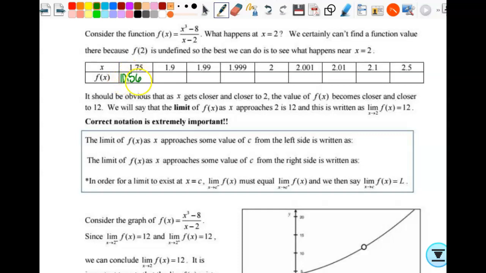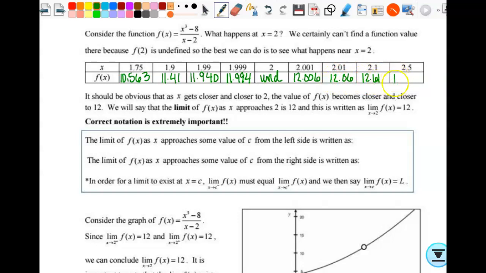So 1.75 is at 10.563. 1.9 is at 11.41. 1.99 is at 11.940. 1.999 is at 11.994. This is undefined, right? So it looks like it's getting pretty close to what? 12. Okay, so let's see what's happened on the other side of it. So this is 12.006, 12.06,